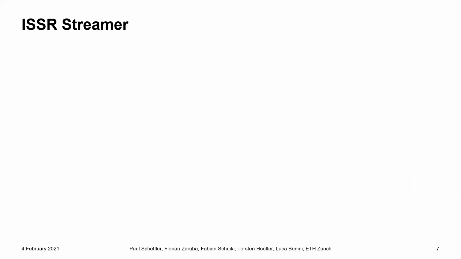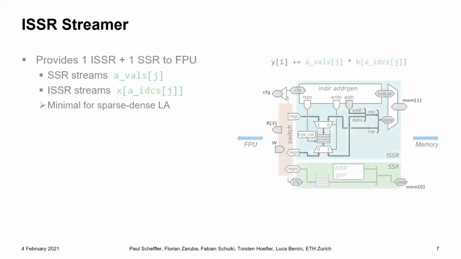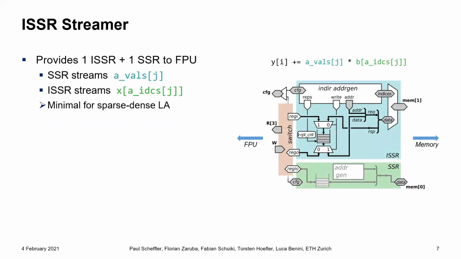So we added this to the address generator, and multiple SSRs together form what we call an SSR streamer, or in our case, an ISSR streamer, which provides one ISSR and one SSR to the FPU of our system. In our sparse-dense linear algebra case, the SSR streams the sparse values of A, and the ISSR streams the corresponding vector or dense counterparts through indirection. And this is the minimal setup for efficient sparse-dense linear